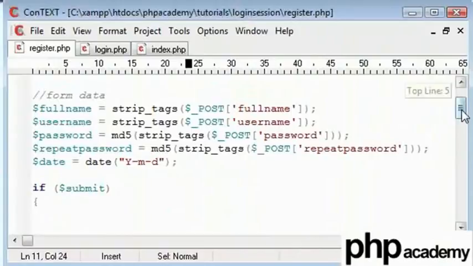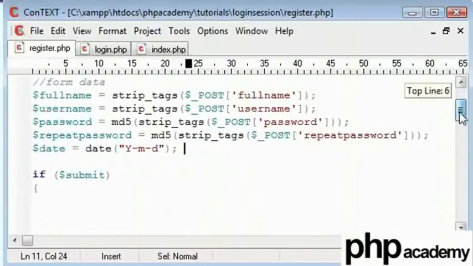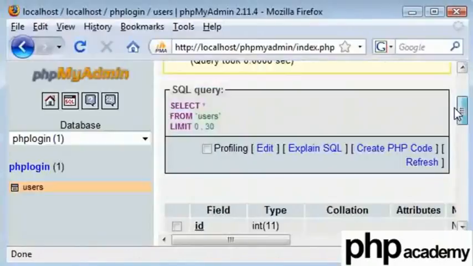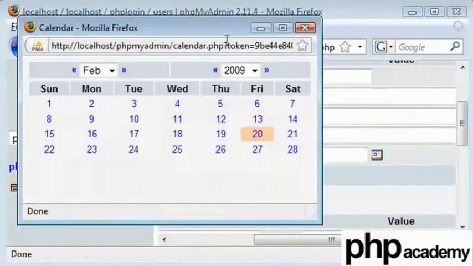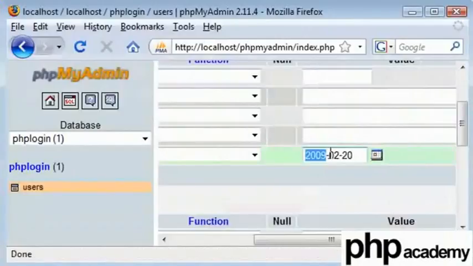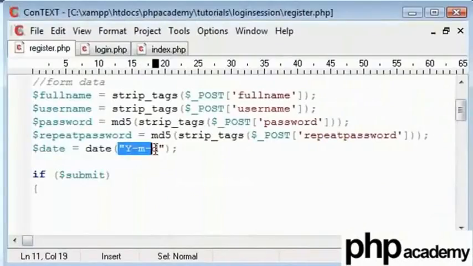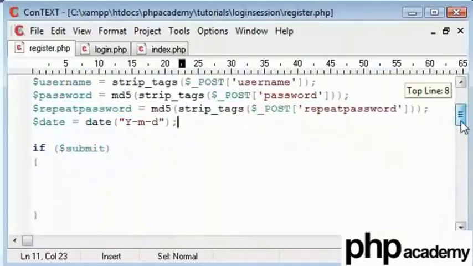So, in my database, at the moment, I have my year first, then my month and my day, and these are separated by hyphens. You can see this when we enter our database here and insert a value into users. We can see that the date is in a specific format if we use this kind of function here. When I click today, you can see here that we have got the year in a 4-digit format and our month here and our day here, separated by hyphens. It's adjusted into that structure in my database.